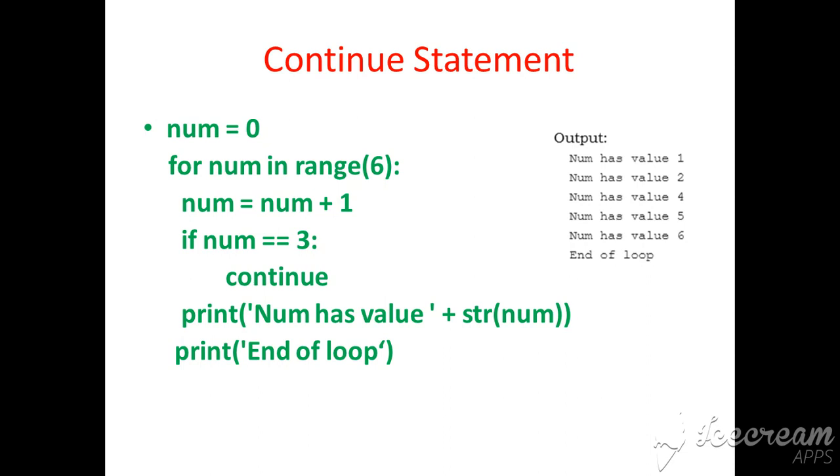Here are the main two uses of the continue and break statements, and that's an important topic. This question comes every time as an important question: explain the use of continue and break with an example. The break statement is used to exit from the loop, and the continue statement is used to skip that iteration and continue with the next iteration.